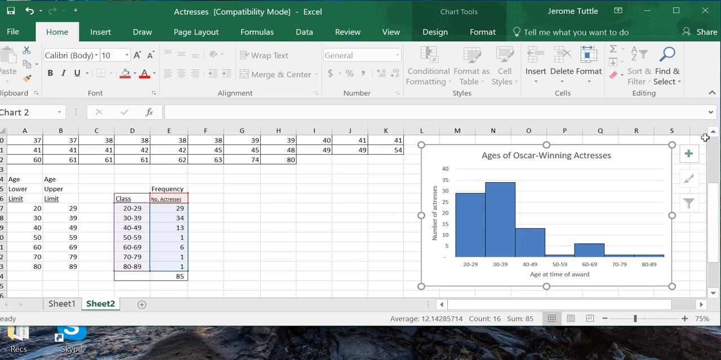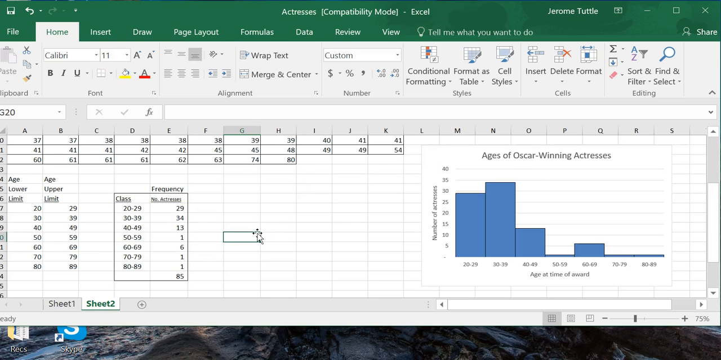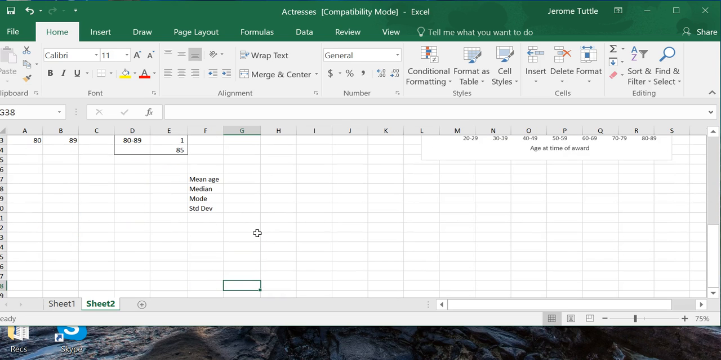Your histogram should look pretty similar to the one inside the textbook. There are many other design changes you can do. Experiment and see what you like. And before we finish,